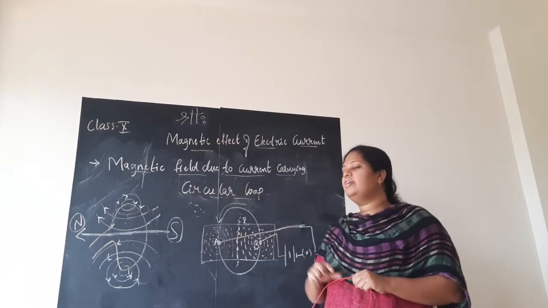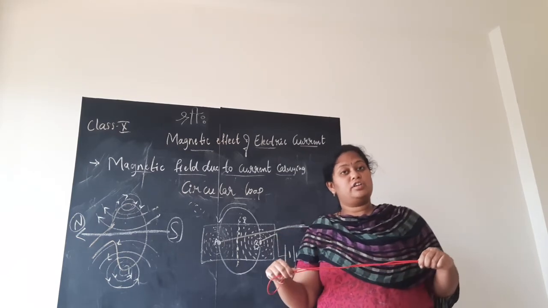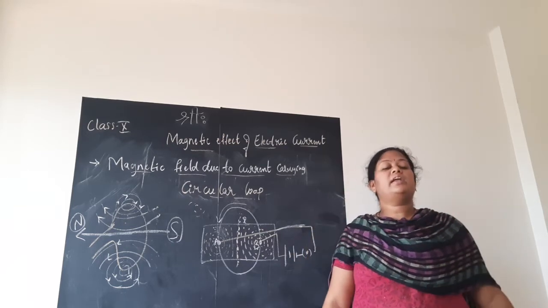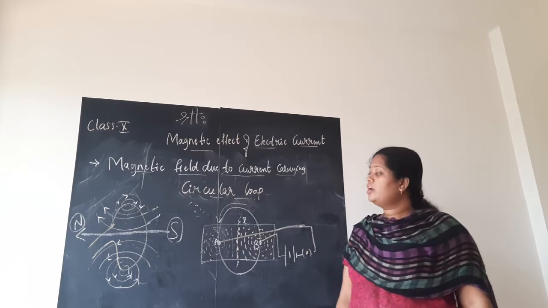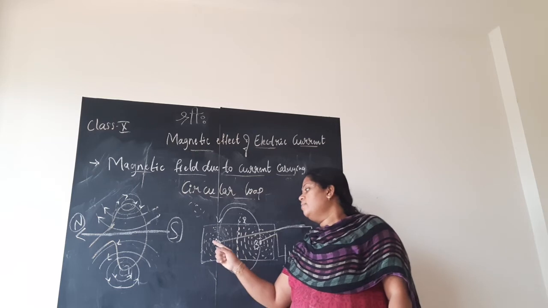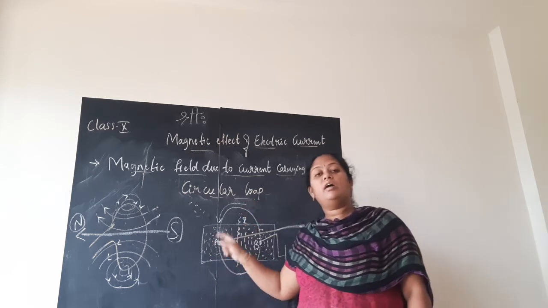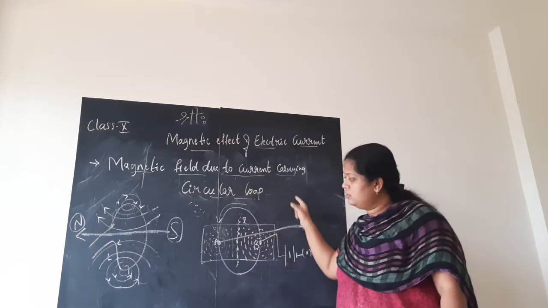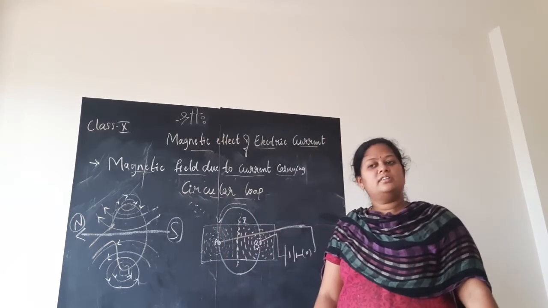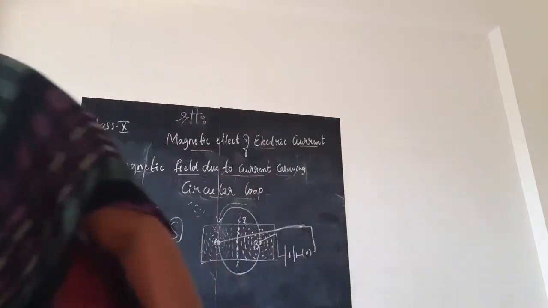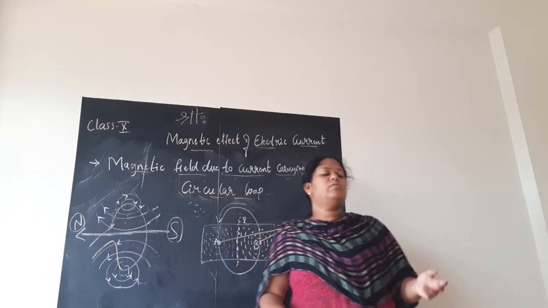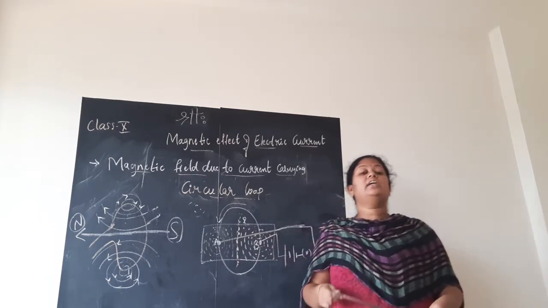Now, in order to find the direction of current and direction of magnetic field, children, we now know that we no more need a magnetic compass. What we did before, we placed the magnetic compass on the straight current carrying conductor. Wherever the magnetic compass north pointed, we took it as north and drew the line from north to south. But Fleming helped us in this method. What did Fleming say? Simply follow my right hand thumb rule, and you do not need any magnetic compass. You can directly tell.